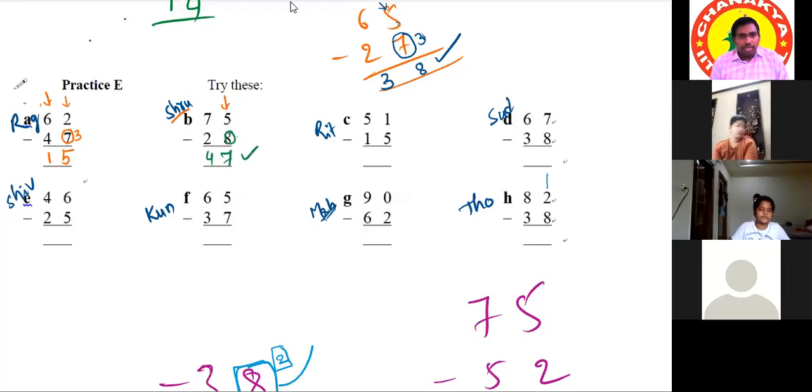Okay, try to habituate this method by practicing. Ritvik? Yes, sir. So 5 minus 1 is actually 4, and the next number is mismatched, so we have to write 3. And 5's complement is 5, so we should add 5 to 1, which is 6. So the answer will be 36. 36, correct. Very good.